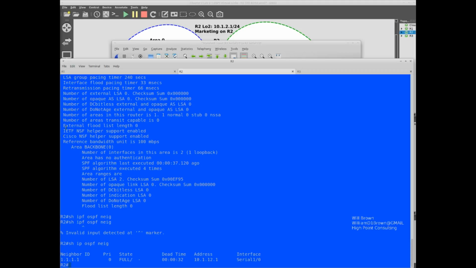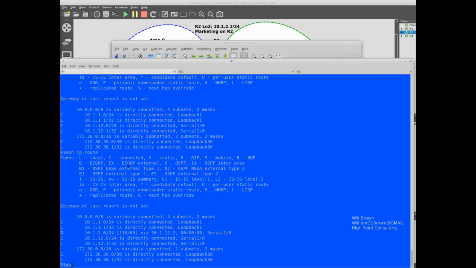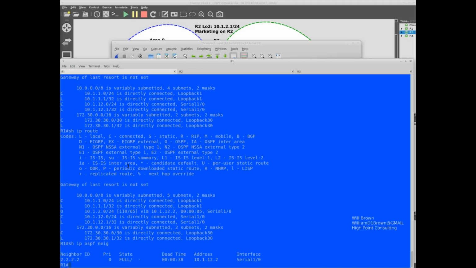Okay, and let's get the same information over here on router 1, show IP OSPF neighbor. We see that the neighbor is 2.2.2.2, priority of 0, state full, dead timer, the address, and the serial interface there is serial 1/0. That's the interface that's actually being used for this segment. So seeing that show output from the show IP OSPF neighbor, we went through the details there.